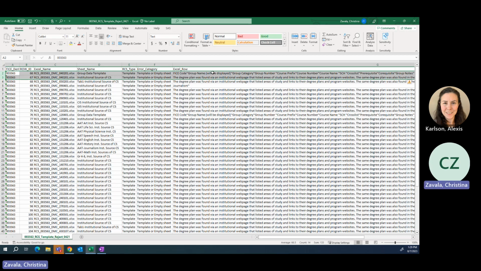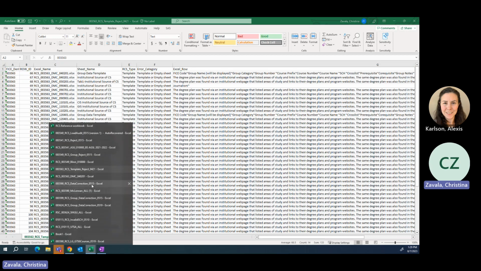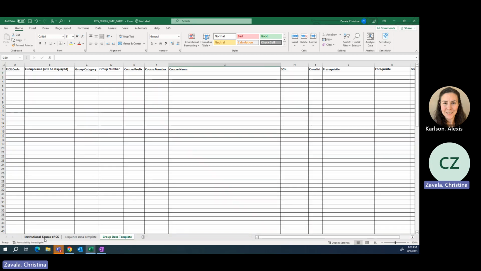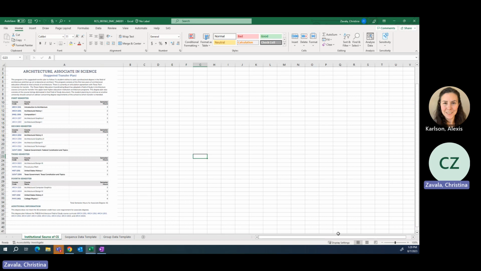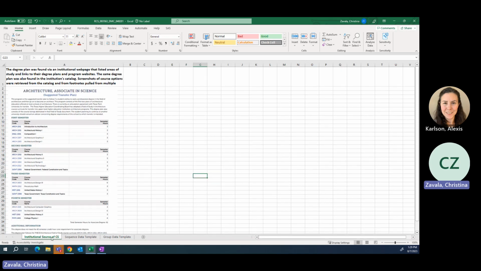And additional text there. So we know that there are two errors being flagged within the file. Let's pull that file back up and see why it's being flagged. We can see here that there are three sheets within this institution's file. The first sheet is called Institutional Sources of CS. And that text that I had been reading, lo and behold, we can see it here at the very